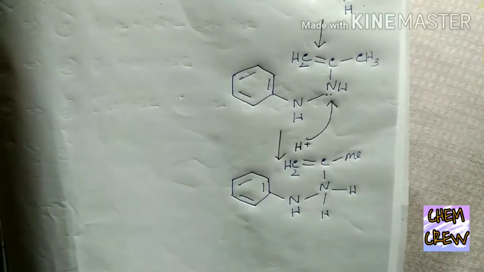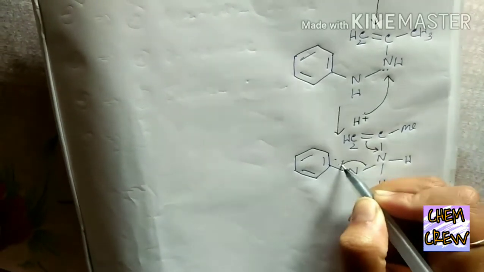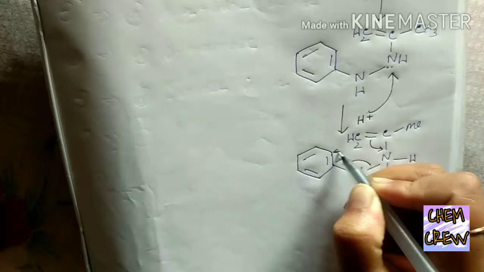Now this particular intermediate is perfectly oriented for a 3,3 sigmatropic rearrangement. This electron will come here and this bond will break. Then it will come here and this will attack here.